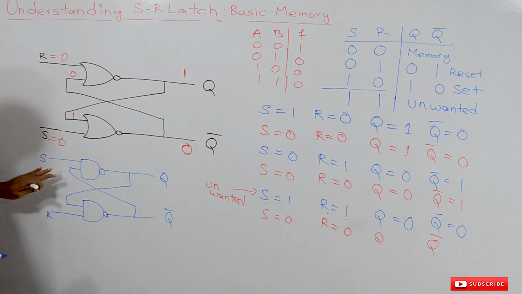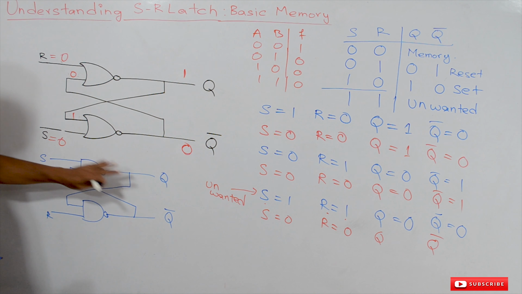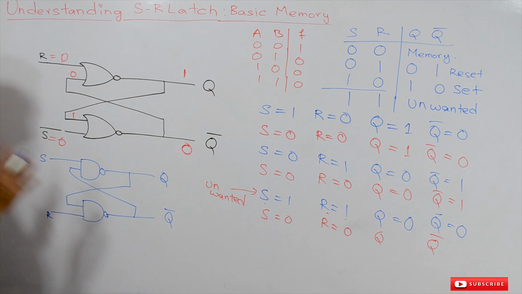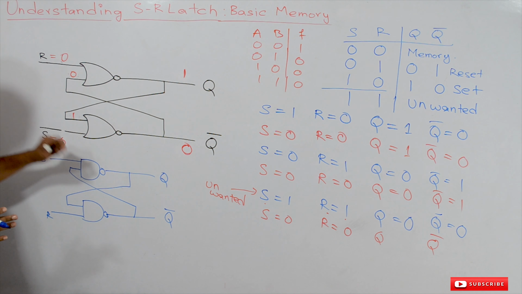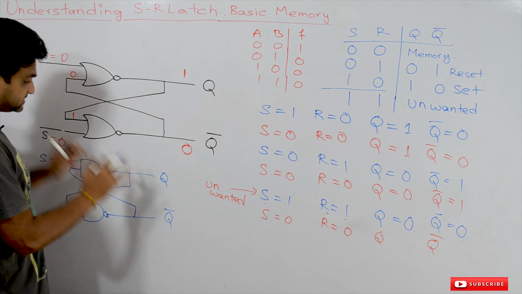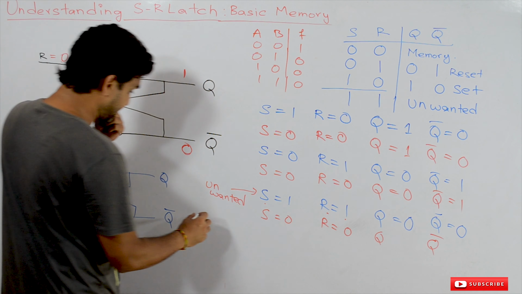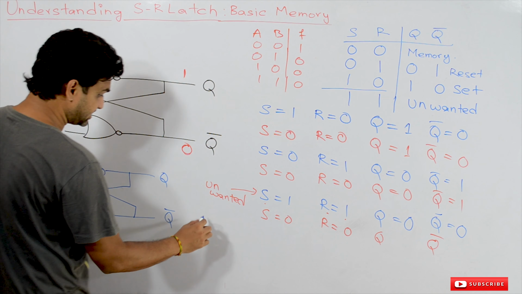Okay, so this is an SR latch by using NAND gates, and the difference between a NOR gate constructed SR latch and the NAND gate constructed SR latch is in the characteristics table of this SR latch, which is going to be